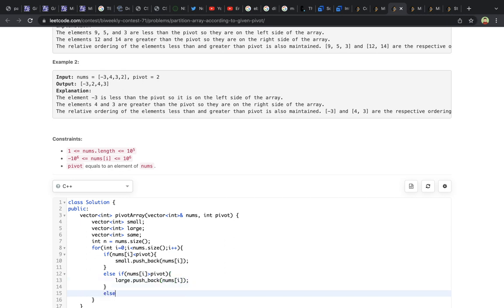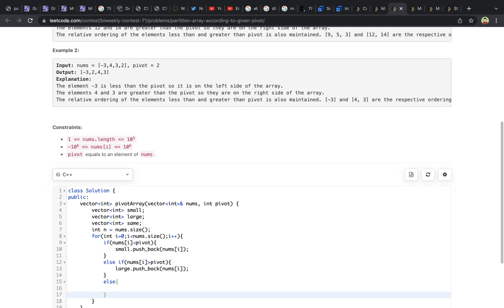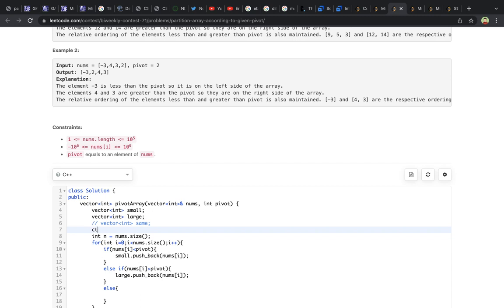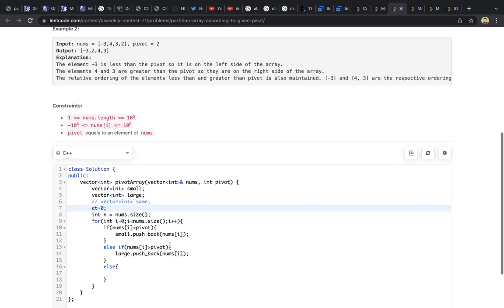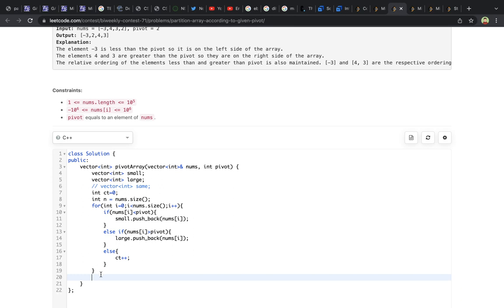And else we can push it in the same array, but because it's same we can actually take a single count equals 0 and just count plus plus. And in the end what we can do is for int i equals 0, i less than count, i plus plus, so count times we can append small dot pushback